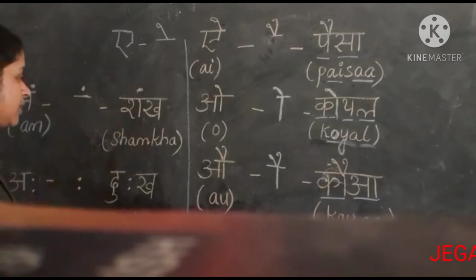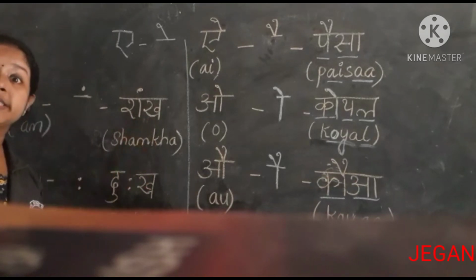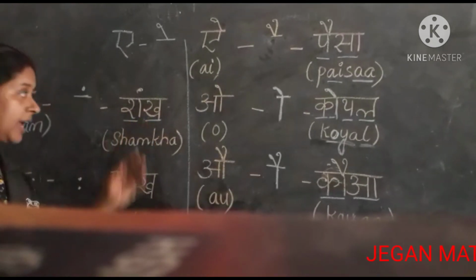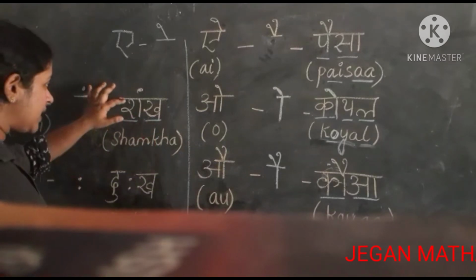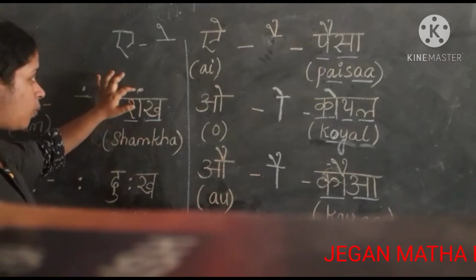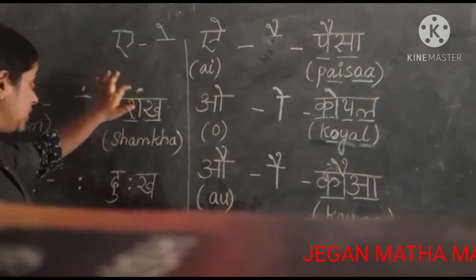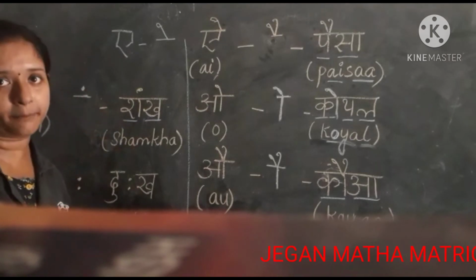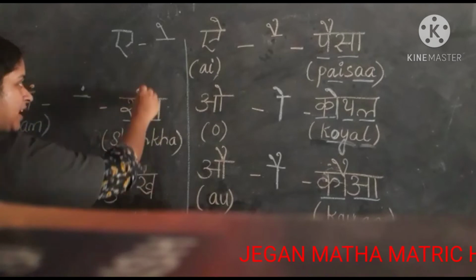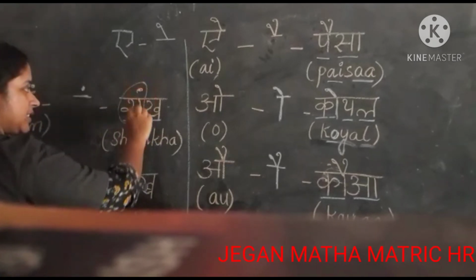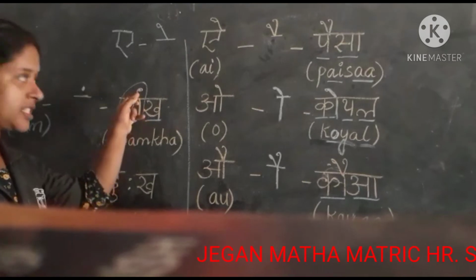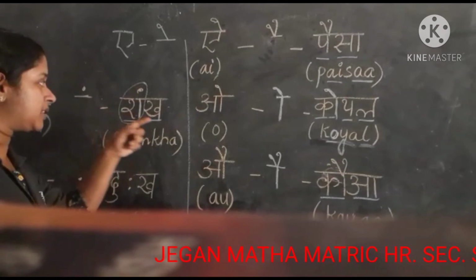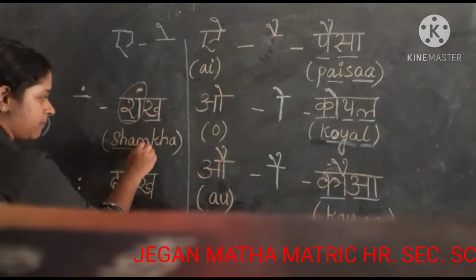So we have written one word. What is that? It is shankh. This is a two-letter word: sha and kha. Both are consonants, and you can see above the consonant kha one dot is there. That dot denotes the symbol of the anusvara, so sha will become sham. Since that dot is coming just above the consonant, how will I pronounce this letter? Sham, shamkha.